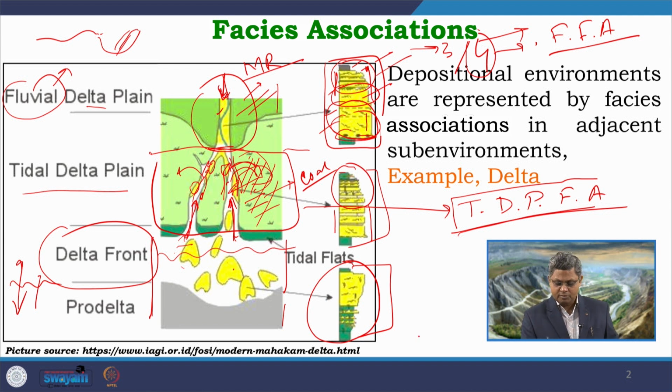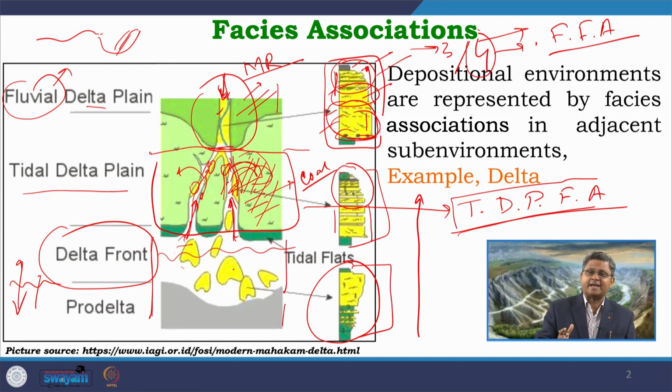And from this part to this, as I am moving upward, what information am I getting? That gradually the marine influence is decreasing and the fluvial influence is increasing. So definitely I am moving from a marine dominated condition to a fluvial dominated condition. On the marine system gradually the fluvial system is coming up, earlier the marine system was like this, and on that gradually the fluvial system is coming over. So definitely the fluvial system is progressing onto the marine system, moving forward onto the marine system with time, that means a delta is forming.